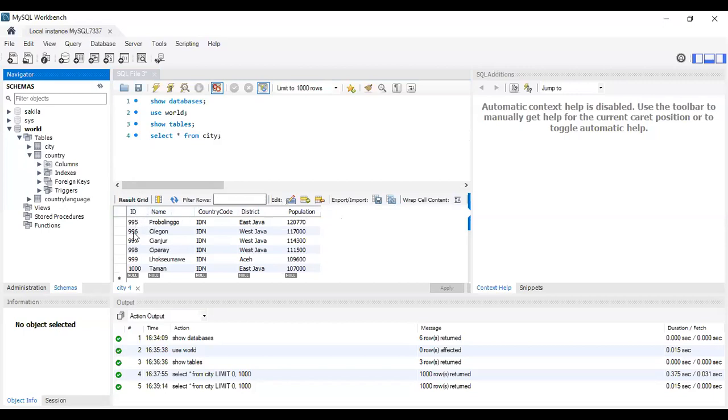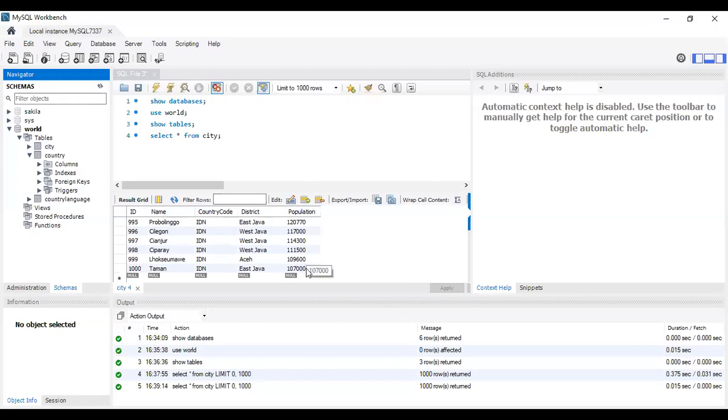In the ID field, the value should be a number only. The name field, the value should be characters. The country code is a 3-letter character. So it is character, up to 20 or 30 letters you can keep, and here ID is a pure integer number only, right? Country code is a character but 3 digits. District can be characters, let us say 20 characters. Population is an integer.